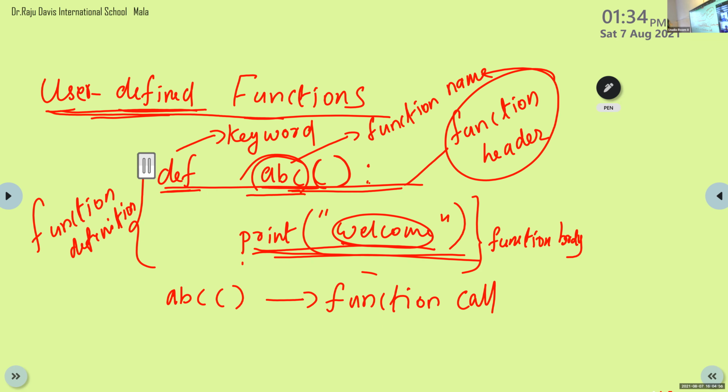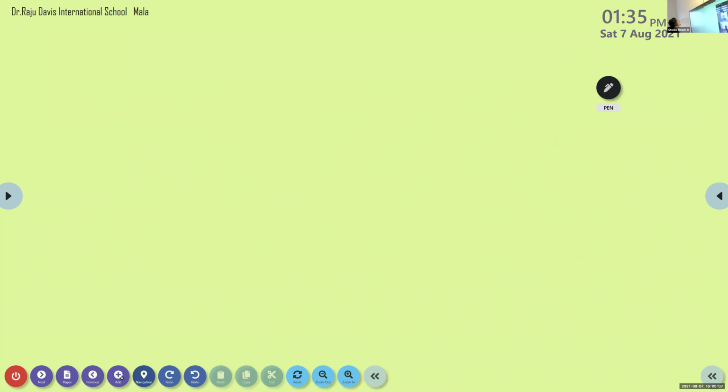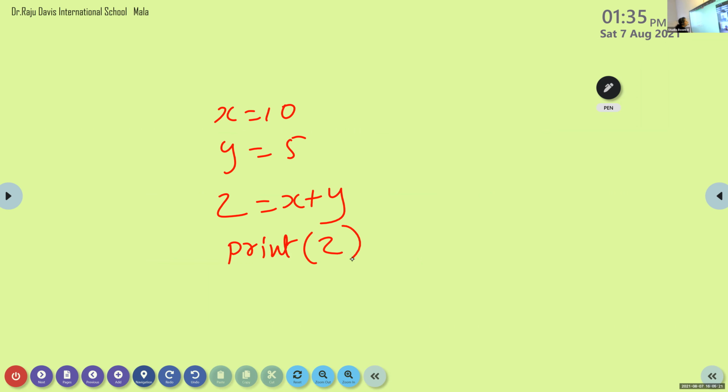Then how will this program execute? That is the next problem. If I am using statements like this: x is equal to 10, y is equal to 5, z is equal to x plus y, then print z. How is the control flow of these statements? First, which statement will execute?